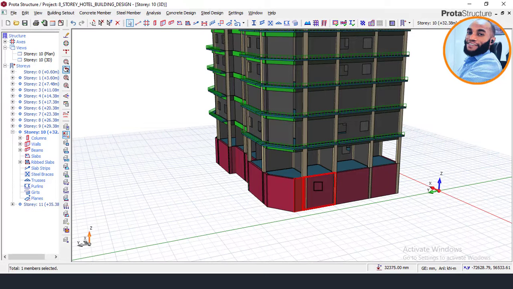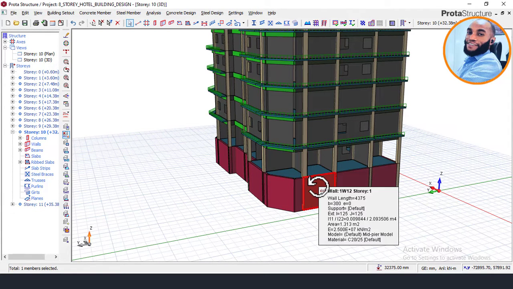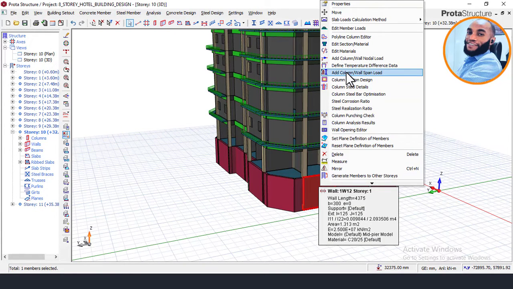Okay, I'll move on with the video. So right now you can see how I'm applying the load. Now if you have any comments about what I'm doing, you can just drop your comment down below,